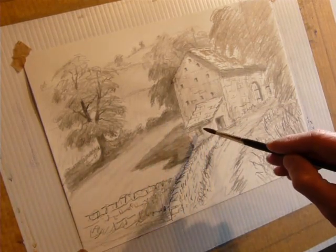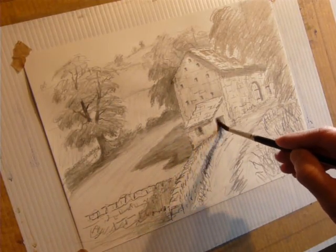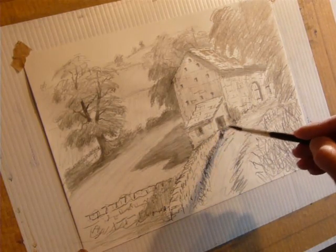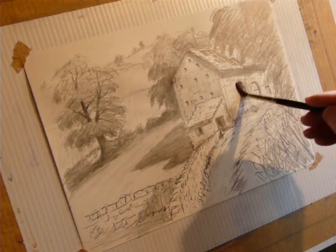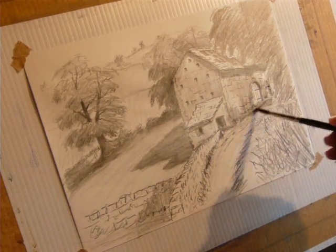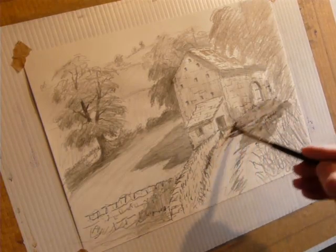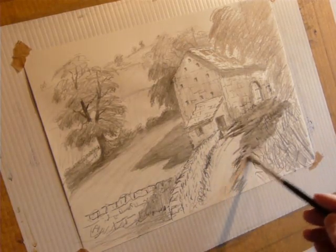Okay, now we're going to just deepen up, just spread the graphite on these door openings there, like that. A little bit on the grasses there, just to give a bit of entry to that. Okay, then damp that, just to create a small shadow effect from across that track, like that, and down into the foreground. There you go. And then that breaks out into a sunlit area,